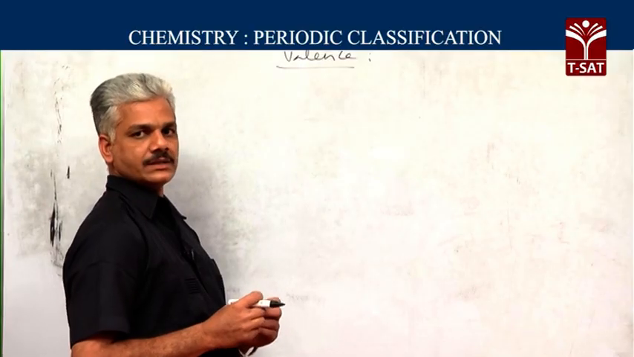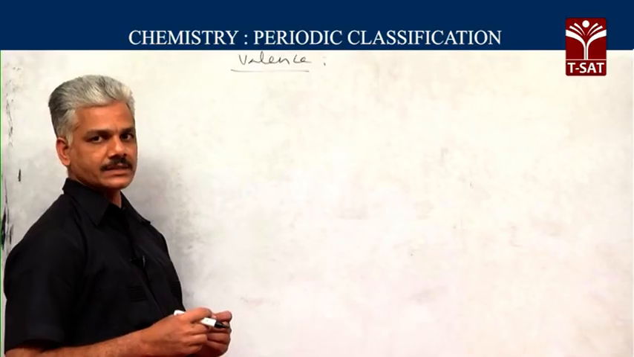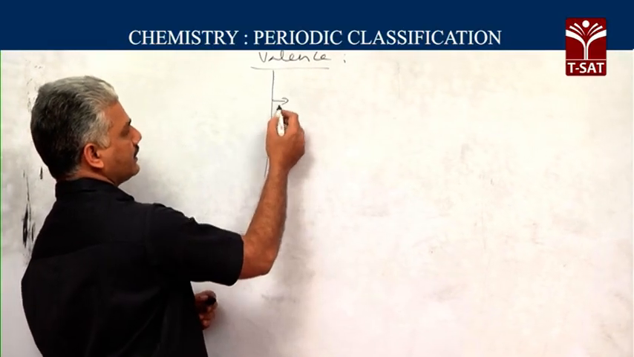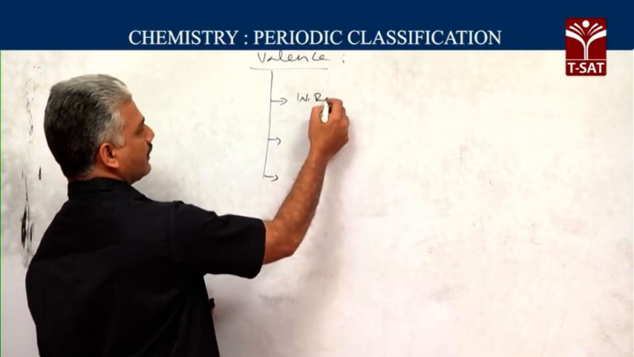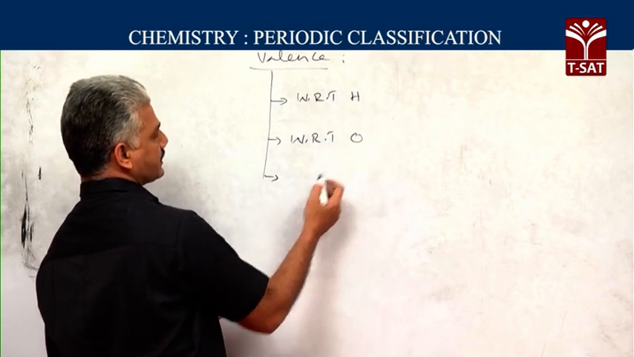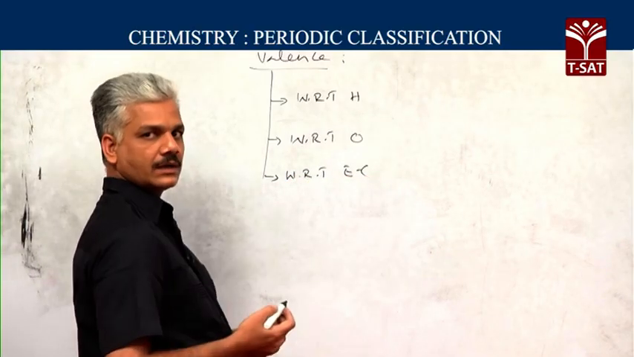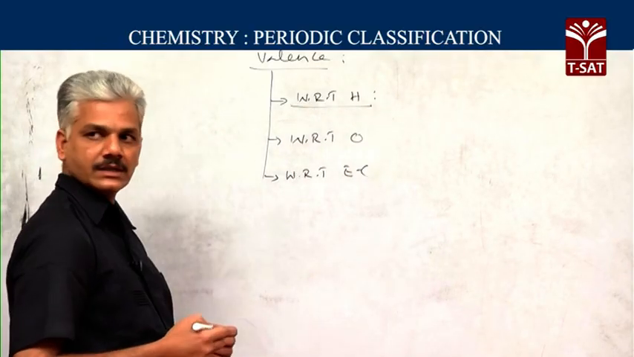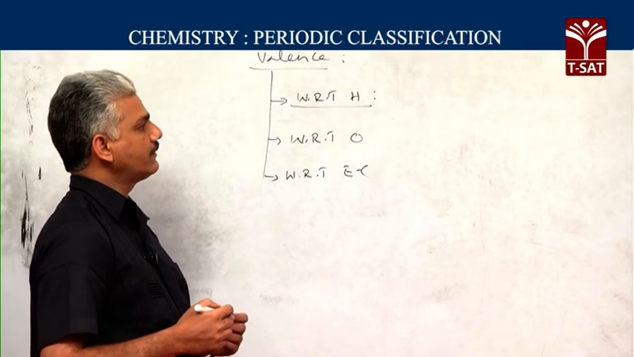The combining capacity of an element with others is defined as valency. In general, valency is defined in three different ways. One is with respect to hydrogen, another one is with respect to oxygen, and another one is with respect to electronic configuration. With respect to hydrogen, valency is defined as the number of hydrogen atoms with which one atom of